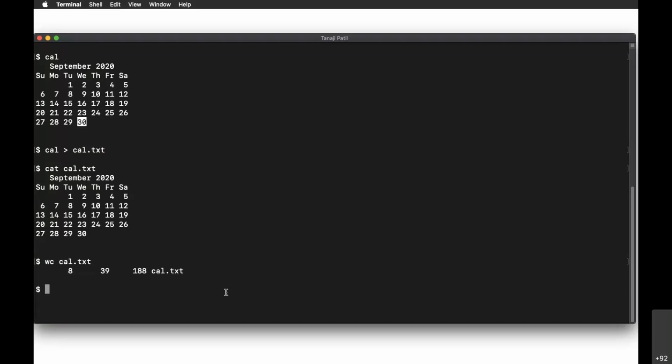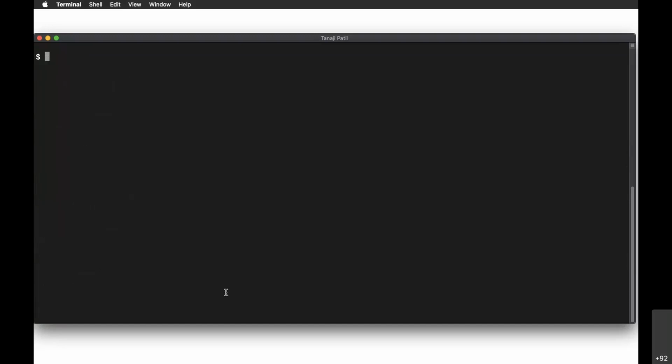Now, see, actually wc works with standard input. So without any file name, if I execute wc, it is waiting for input. So a sample input on the second line. Now I want to stop, so I randomly type something and say bye. And the end of input should be given with